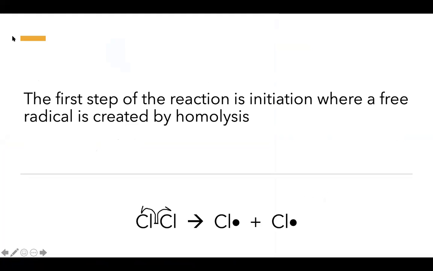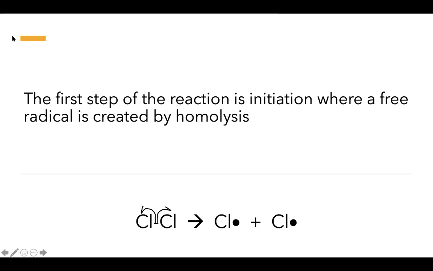So the first step of the reaction is called initiation, and this is where a free radical is created via homolysis. Homolysis is where each of the fragments retains one of the originally bonded electrons, and homolysis usually occurs with the presence of UV light or heat, which will be shown under your reaction arrow. So as you can see here, we have Cl2 going through the initiation process, and it is resulting in two